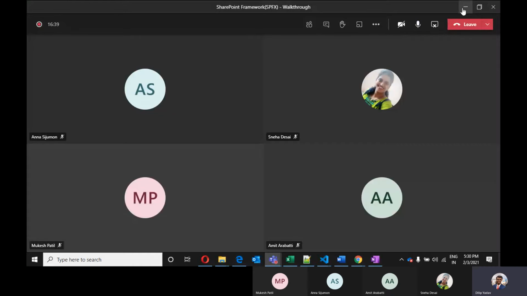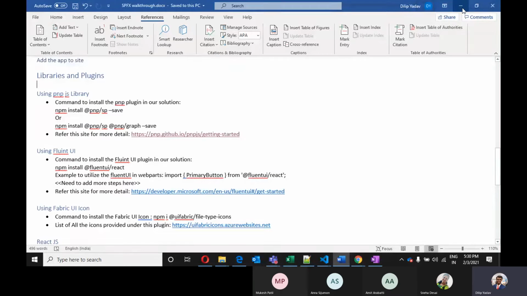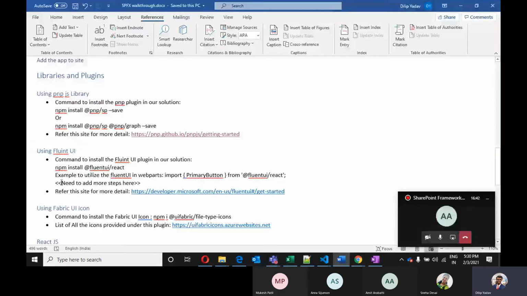Okay, so I'm continuing. The next library which I would like to mention is the Fluent UI. Let me explain this with an example. For example, we are developing our custom application and we want to develop something like the out of the box list structure or the folder structure.